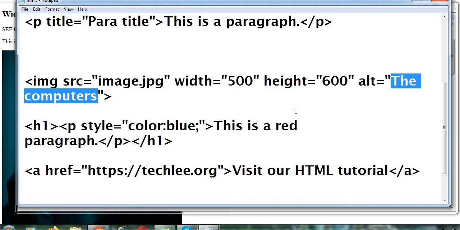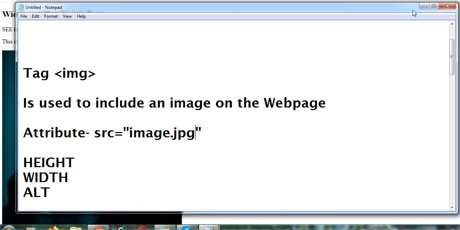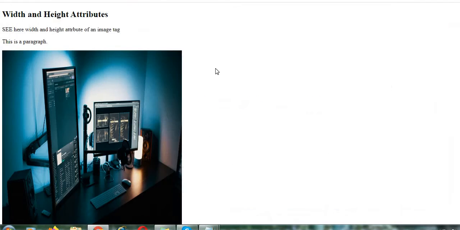I will show you the alt attribute in working. First of all, see the page where I included all this. Here you can see I used a paragraph, this is a paragraph, and after that I used the image tag and all its attributes. Let's see. The HTML file which I was showing you is now opened on the web page.